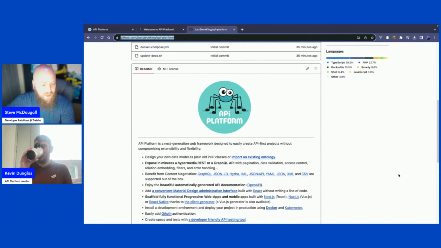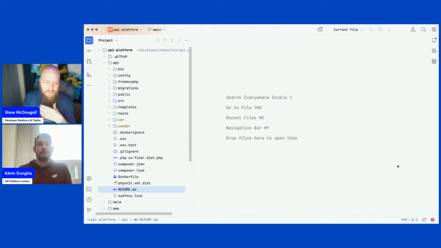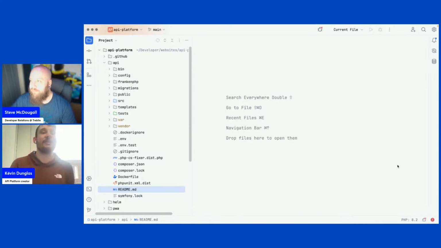So by default, this is Symfony based, I believe. But I believe a couple of weeks ago you released a beta for Laravel as well. Yes, actually, the library is a standalone PHP library that you could use without a framework or with any framework. There is a documentation entry explaining how you can bootstrap everything from scratch. For instance, you can see that some snippets in the documentation are executable. You get a working API right in the browser.